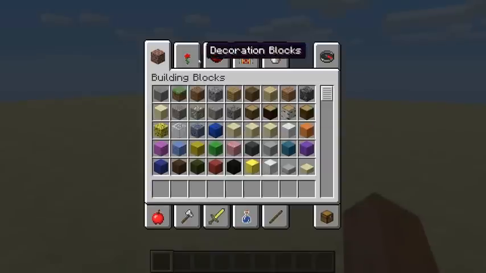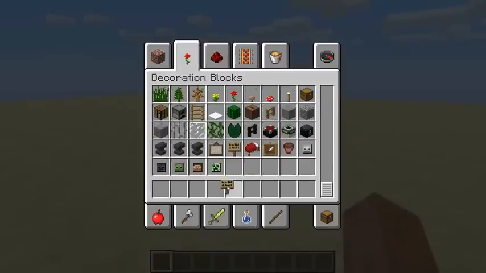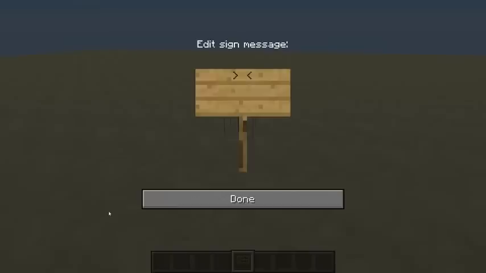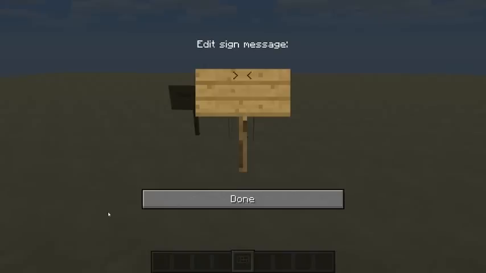Actually, you know what? Let's make some signs of all the things we need to do with this platform, just so we can remember. First one, game rules. We're going to have our game rules on this platform so people know how to play before the game starts. We need set difficulty would be nice. So if people want to play on easy, medium, or hard,